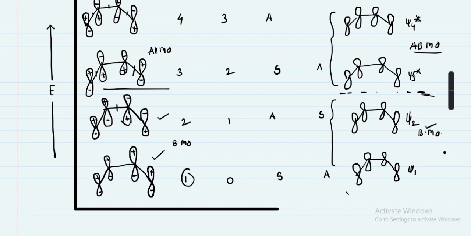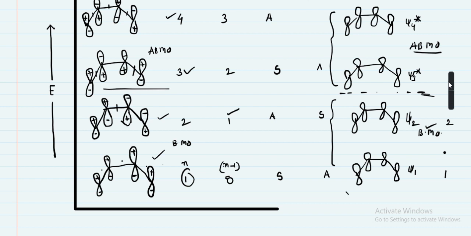Serially you give the naming: n is equal to 1, n is equal to 2, n is equal to 3, n is equal to 4. The number of nodes is n minus 1. Therefore for the first, n minus 1 is equal to 0, so there is no need to give nodes. Positive, positive, positive, positive, no change in the sign. When a node is present, after that node your sign should be changed.